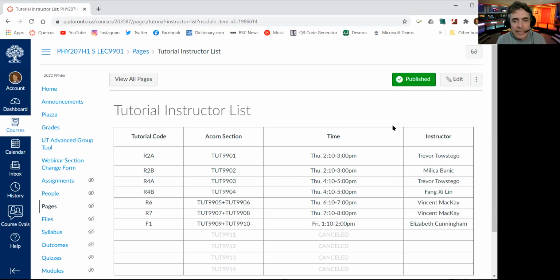When you click on that, it takes you to a group just for your own tutorial code, like R4B or whichever it is. There'll just be 25 students in that group and one particular TA. This is where your TA will be posting an announcement with the Zoom link that you need to get into your tutorial. That should be done this week before your tutorial, hopefully a few hours before your tutorial begins. We'll see if we can get them up on Wednesday.